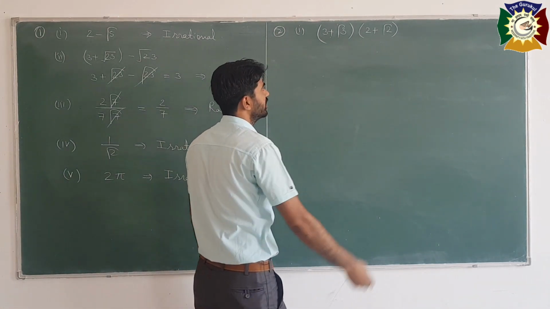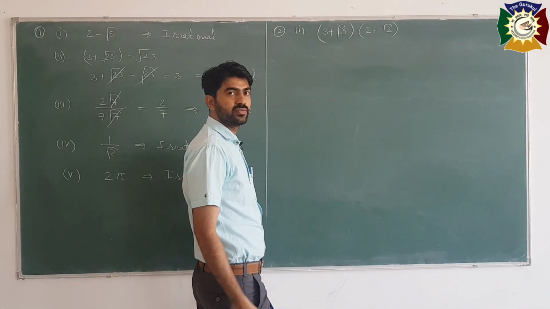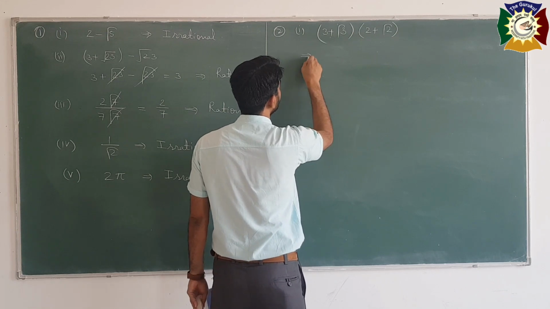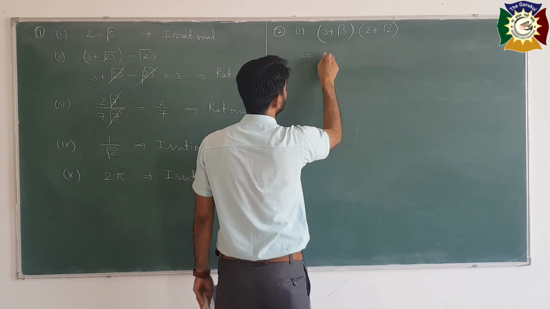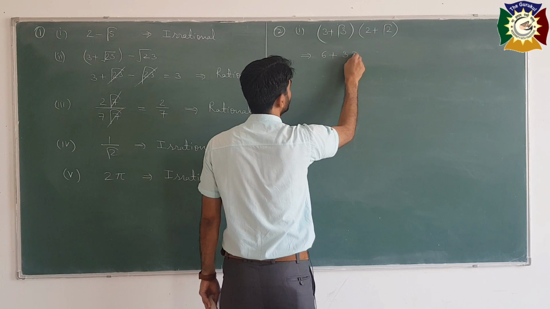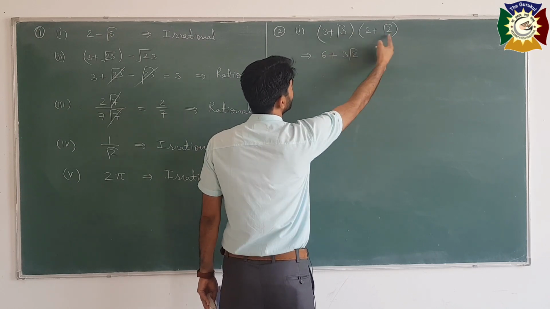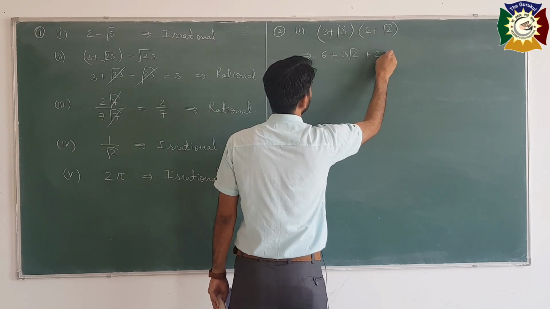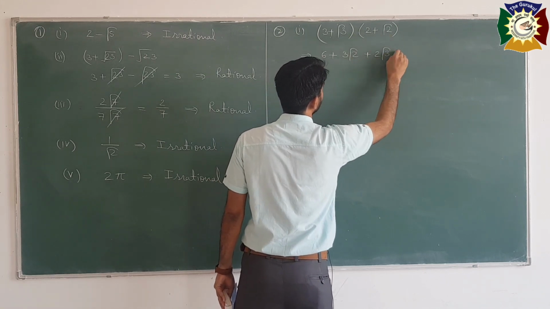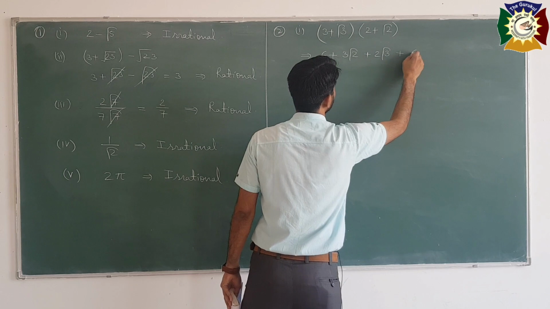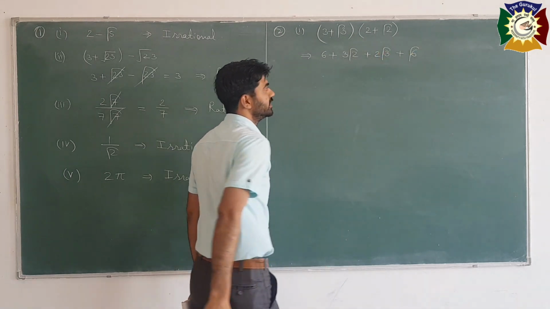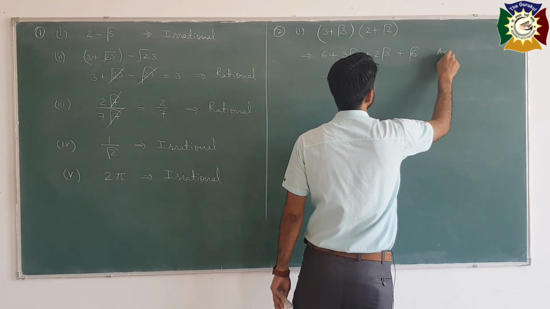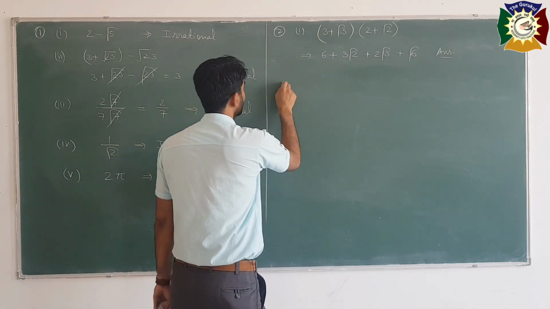Now the simple method to open the brackets is to multiply these two. So 3 multiplied by these two, we get 6 plus 3 root 2. Now root 3 multiplied by this, we get 2 root 3, and this multiplied by this, we get plus root 6. They can be multiplied, and that's it. This is the answer, nothing else. Second part.